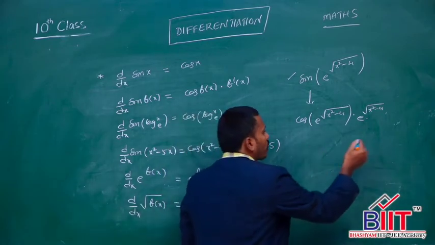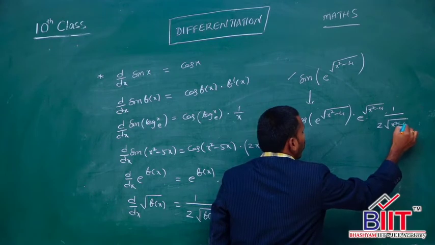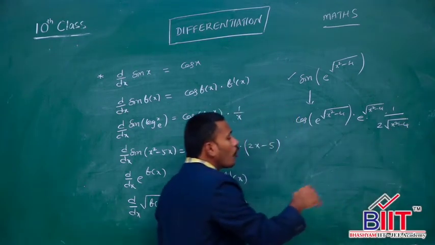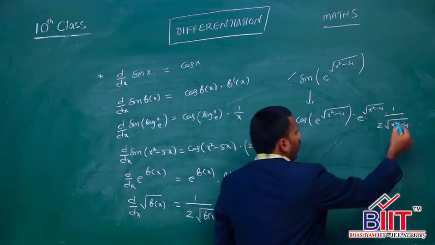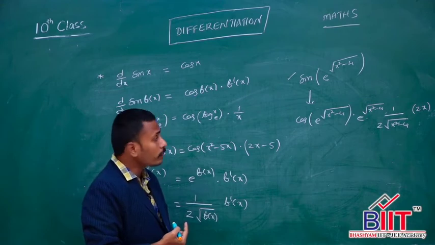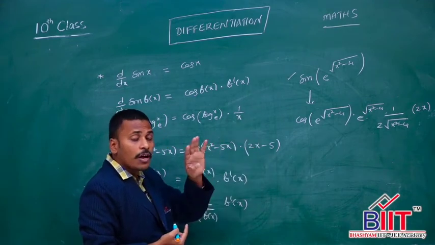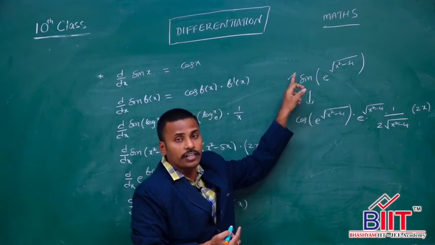So for root of x square minus 4, the answer is 1 by 2 root of x square minus 4. Here x square minus 4 is an input, and again we need to write the derivative for that input x square minus 4, which is 2x. Have a look. If you analyze, 4 different functions are involved: algebraic, square root, exponential and trigonometric.